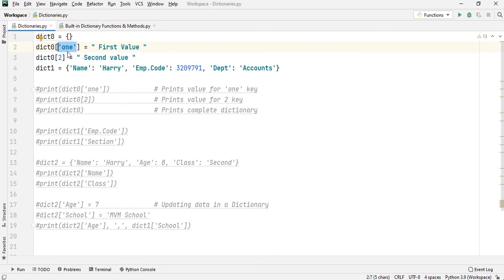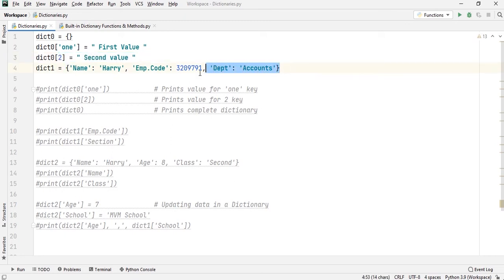The key is 1 and it will have the value first value, and again I have assigned another key named 2, which will have the value second value. So this is a key value pair: the key is 1 and the value is first value. This is another key value pair: 2 and second value.